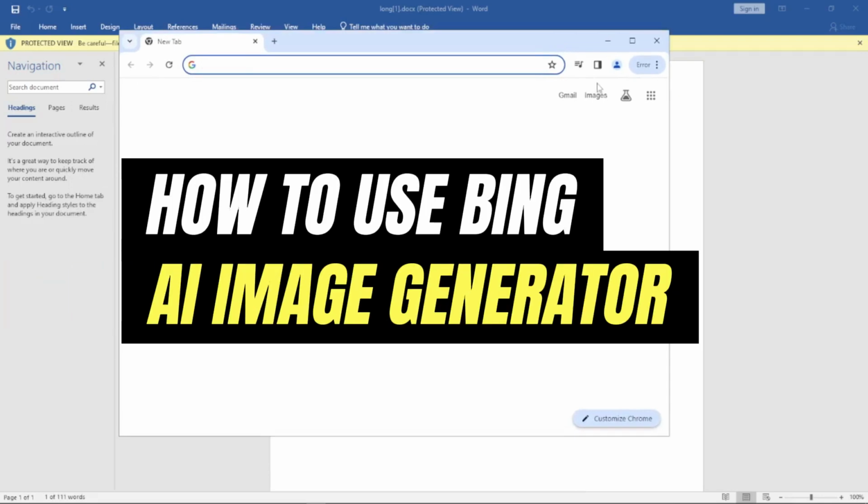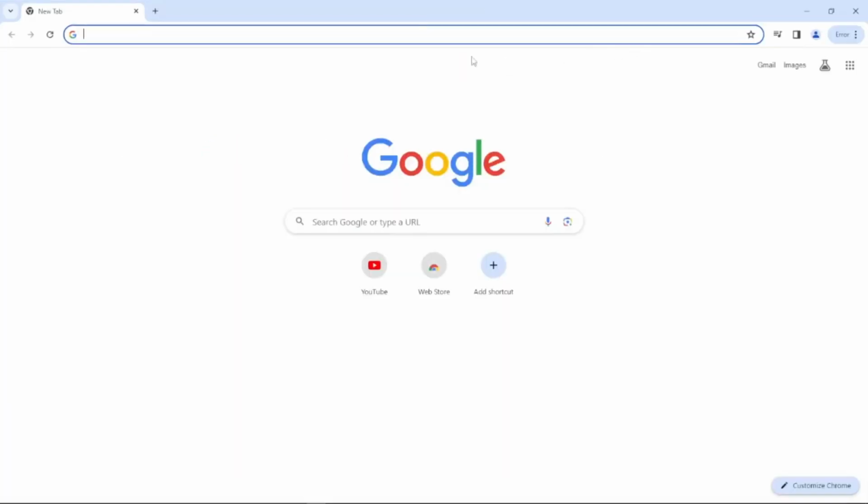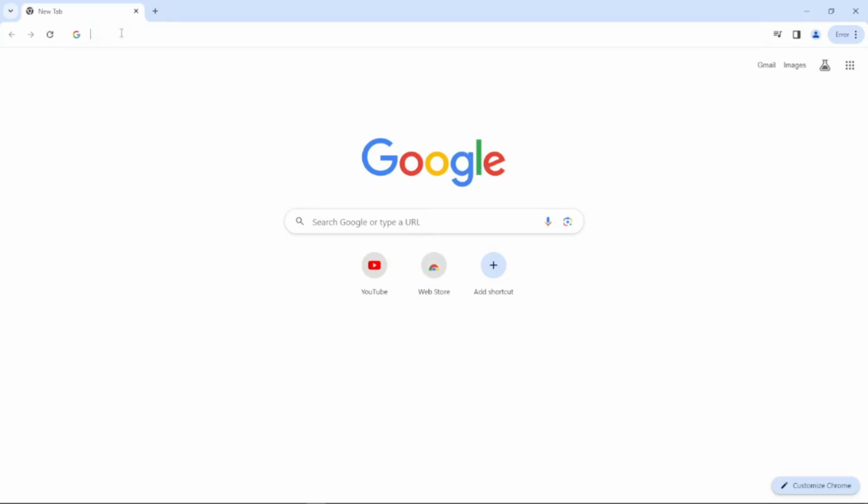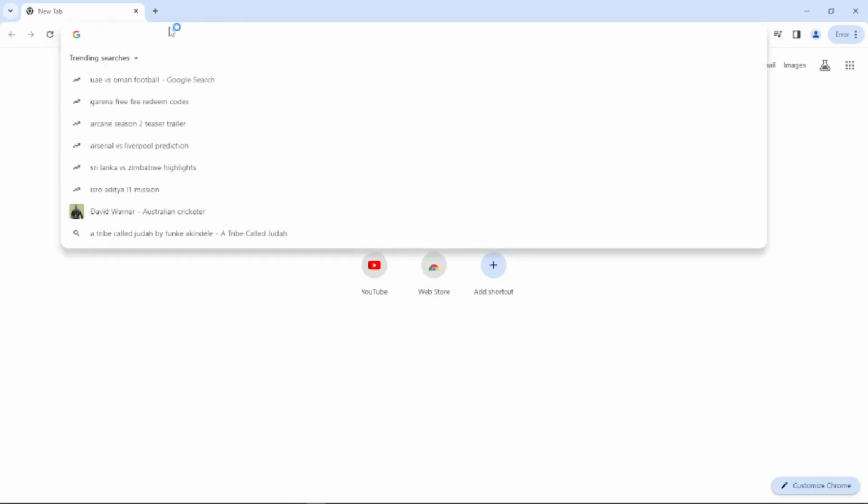How to use Bing AI image generator. So first you have to open your preferred web browser. For me, I'm using Google Chrome. After opening your browser, just click on the search panel and then search for Bing